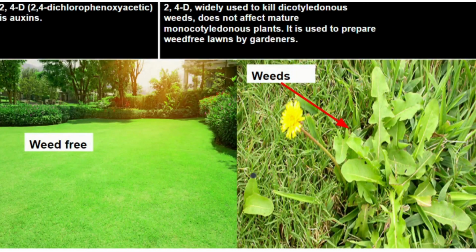Now let's look at the third option, that is 2,4-D. 2,4-D is an auxin, basically a synthetic auxin. It is used to make weed-free lawns. You can see here, weed-free, there is no weed. Weeds are unwanted plants which grow in between the main crop. Here the main plantation is of grass. In between, weeds occur and compete with the plant for nutrients, due to which the growth of main plants decreases. So 2,4-D is a synthetic auxin which is used